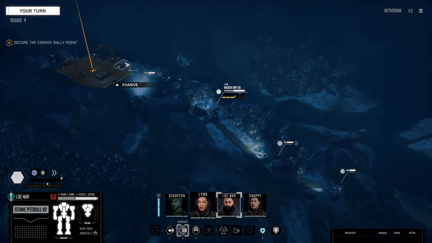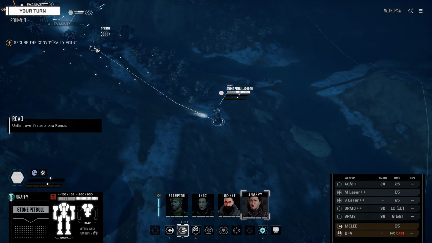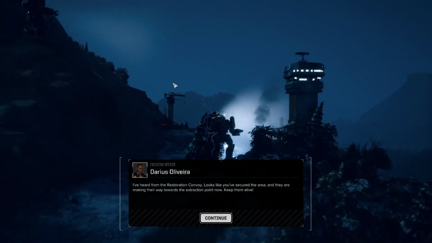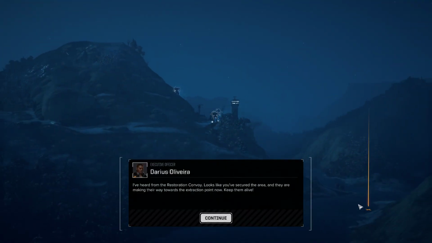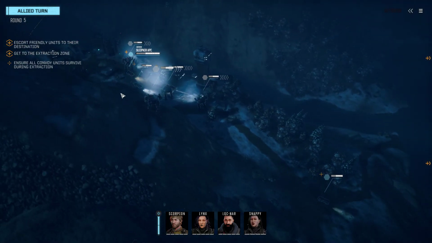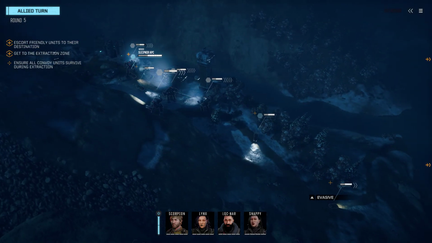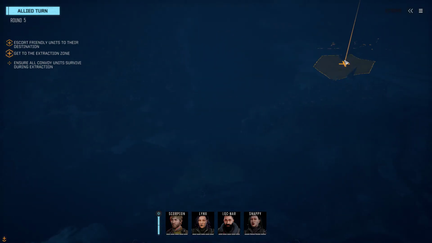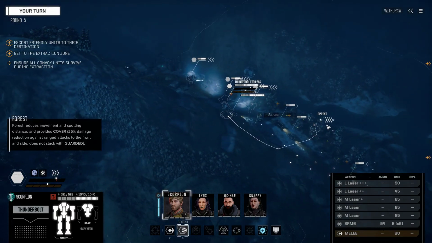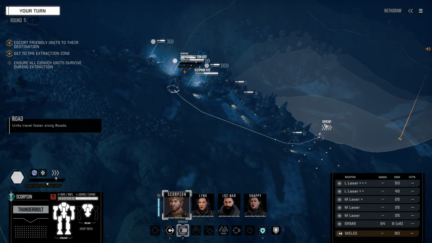Despite being a supposedly outdated model, our Shadowhawk Stone Pipple is still a thing that we use a fair bit of. Eyes on hostile reinforcements. I've heard from Restoration Convoy. Looks like they secured the area and are making their way towards the extraction port. Keep them alive. Convoy will steer near us for protection. That's a pretty close extraction point. I'll take that. Unless that's the extraction point. That might be the extraction point now that I look at it. Yeah. Okay, let's...